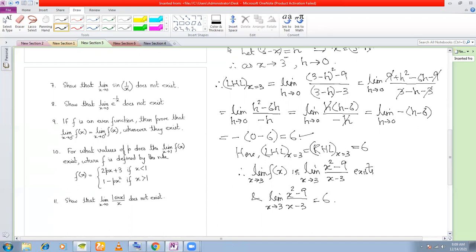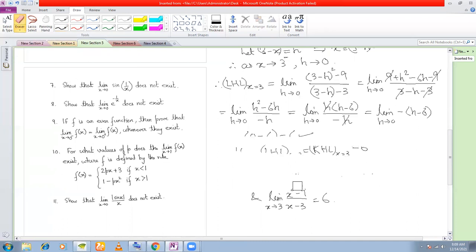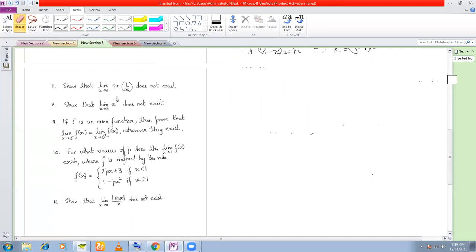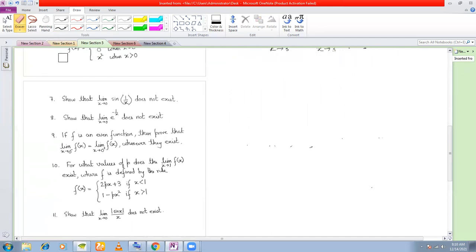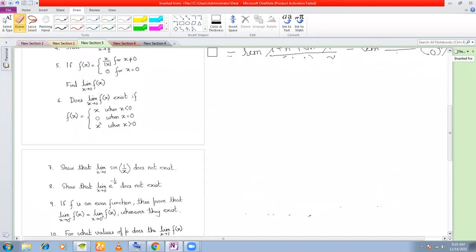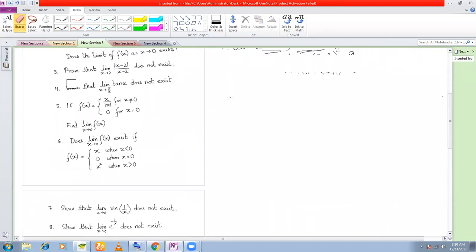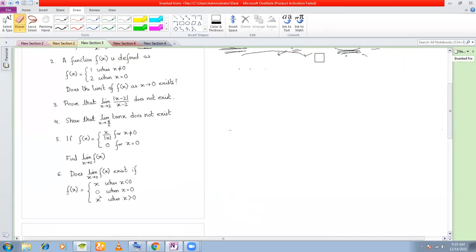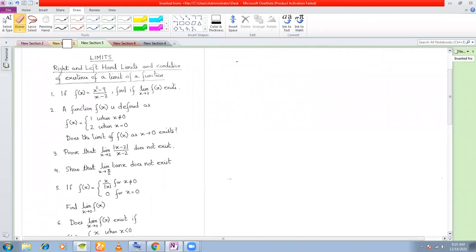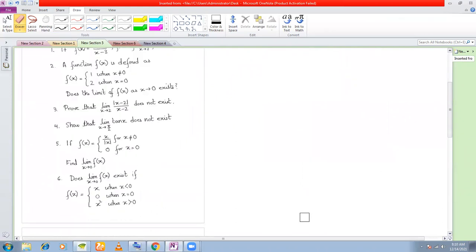So this is how we check the existence of a limit. We check the right hand limit, we check the left hand limit, see whether they have a finite value, they exist finitely or not, and if they exist finitely, whether they are equal or not. So not only finitely, but they must be equal. If any of the conditions is not satisfied, suppose a left hand limit does not exist finitely, then you cannot say the limit exists.